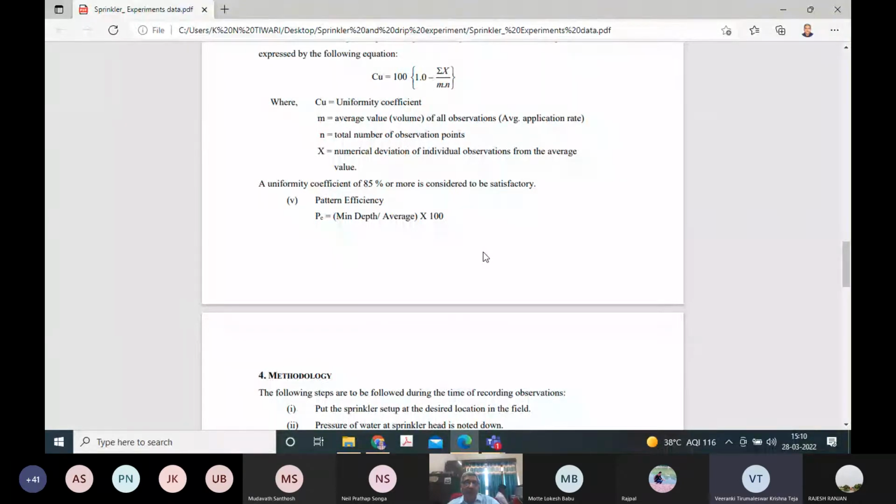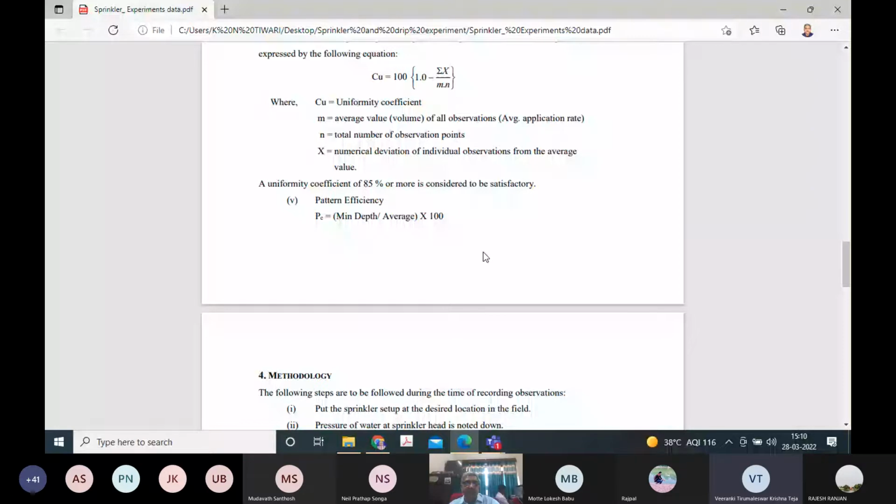Another observation is pattern efficiency. As I told you, there are 20 observations. Whatever the minimum value is, that minimum value divided by the average value, that is m, is used to find the pattern efficiency. Higher pattern efficiency means we are getting better uniformity, a better pattern of water application beneath the